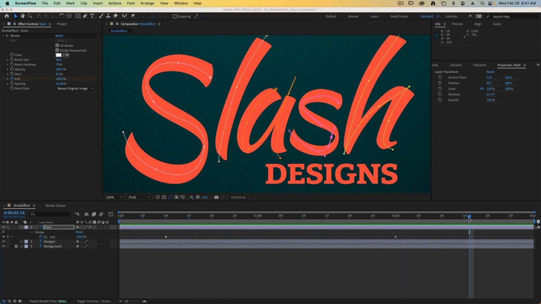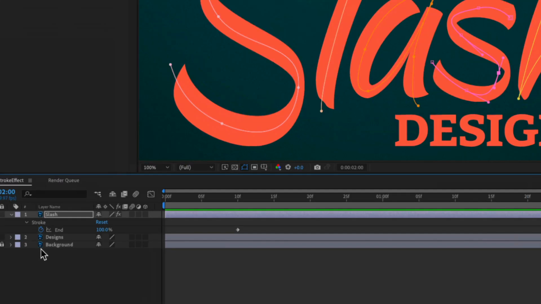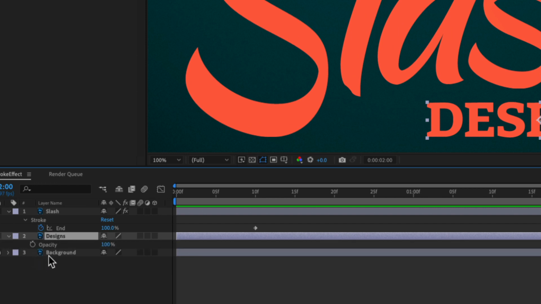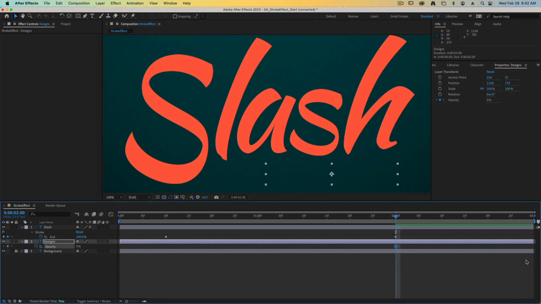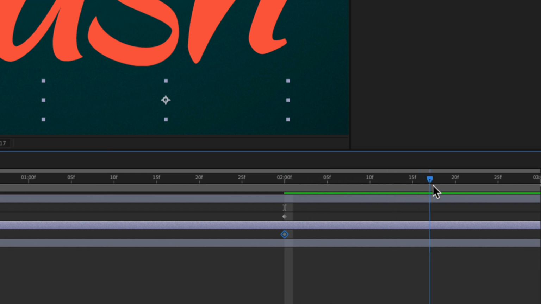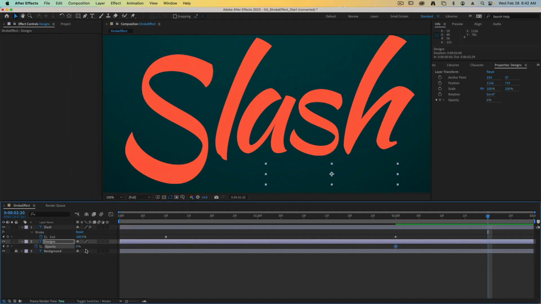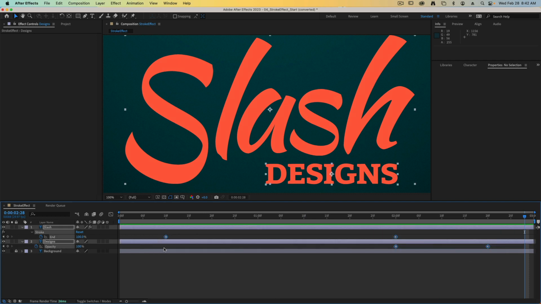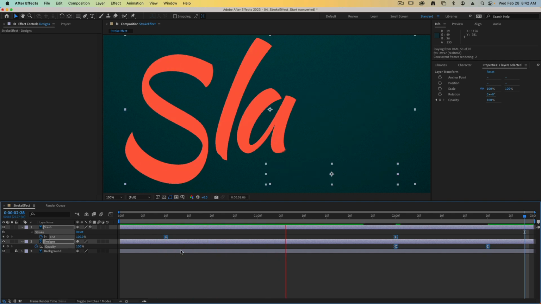Let's animate the word designs by bringing our current time indicator over to the 2-second mark. We'll select the designs layer and press the T key to open up the opacity. We'll set the opacity at this point to be 0%, and then we can move it over 20 more frames to right here. Let's bring up our opacity to 100%. So all it's going to do is a simple fade in once it plays. As always, the last thing we want to do is to select all of our keyframes, press F9 to add some easy ease, and this will give you a much more